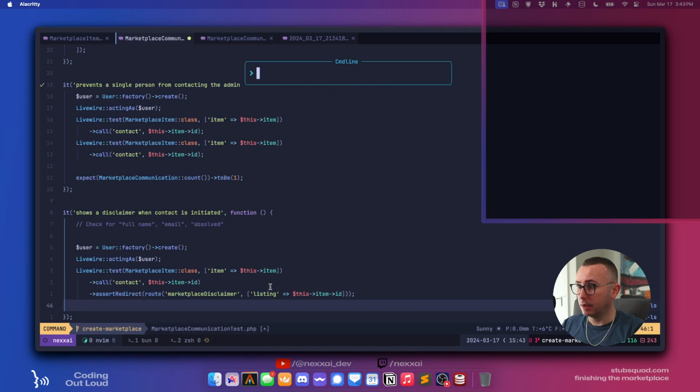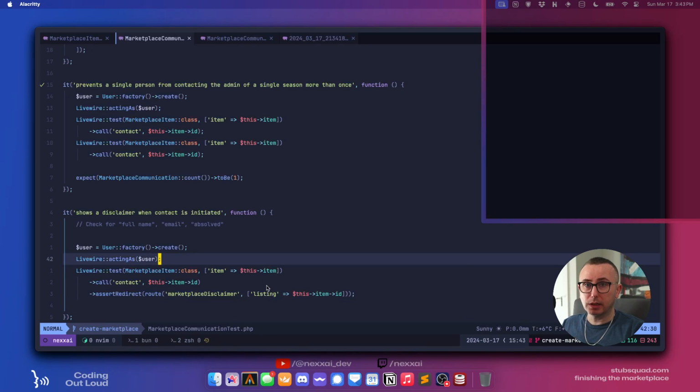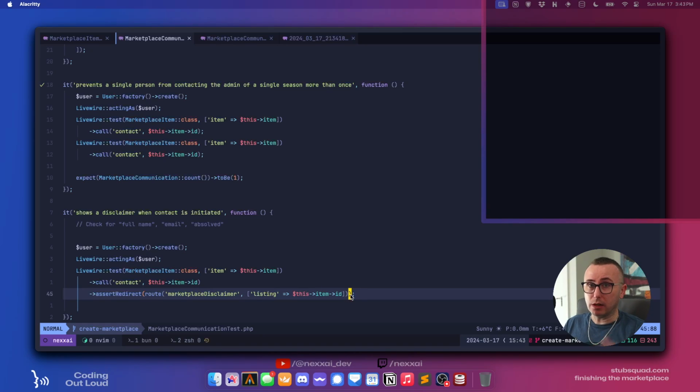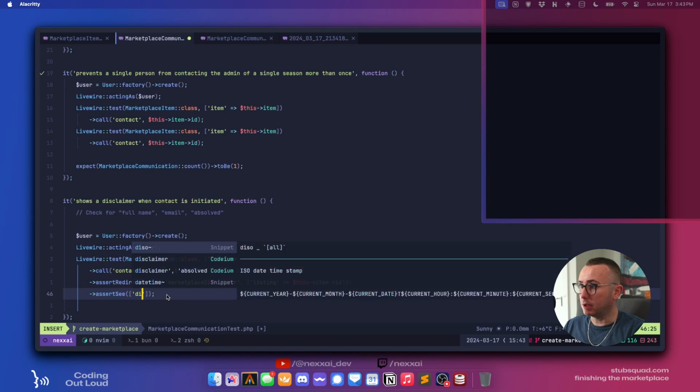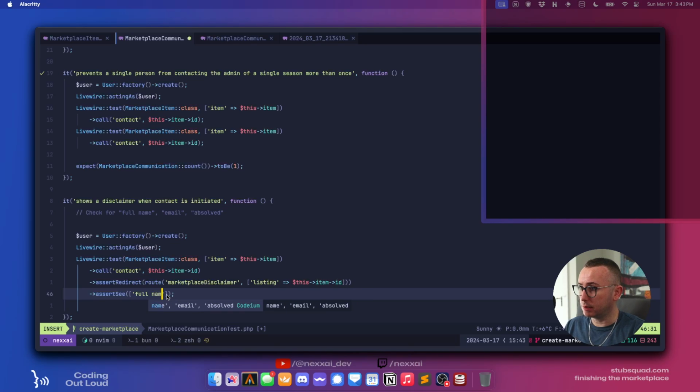Yep. So basically, assuming they are fine with the disclaimer, that your email address is going to be disclosed, your name is going to be disclosed, and that we are not involved in this process, then they can go forward and we'll send off the email. Otherwise, they can just go back. And then we also want to assert, I think we should just be able to go like a list of these things here.